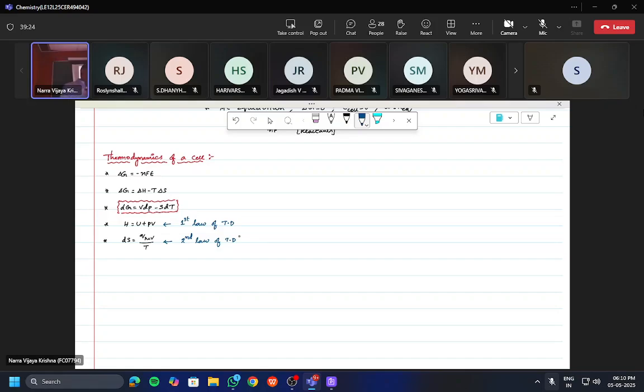Zeroth law of thermodynamics. When A and B are in thermal equilibrium, and B and C are in thermal equilibrium, then A and C are also in thermal equilibrium. Zeroth law of thermodynamics, correct? Now, by using these laws,